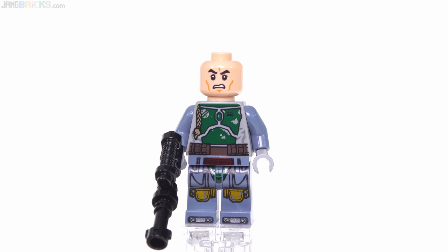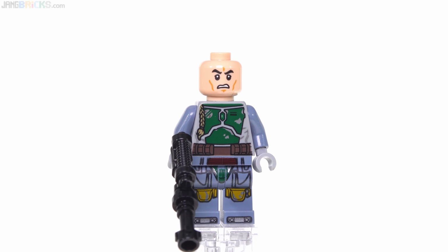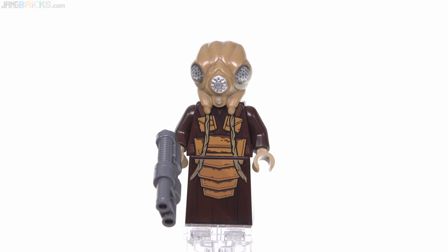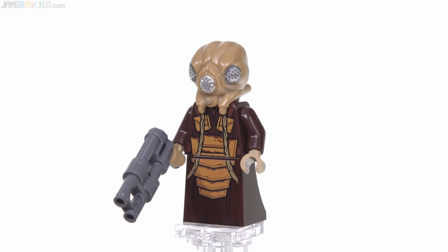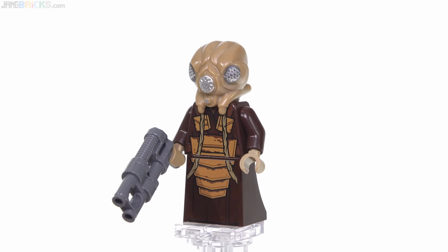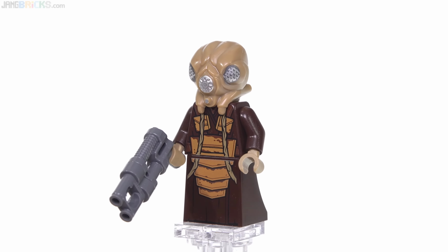Also, this has just the generic Django clone face and not the UCS exclusive version. Yes, this is Zuckuss. Finally, an official Lego Zuckuss. It's great to have it no matter what it looks like. Fortunately, it does look pretty good. It's got that